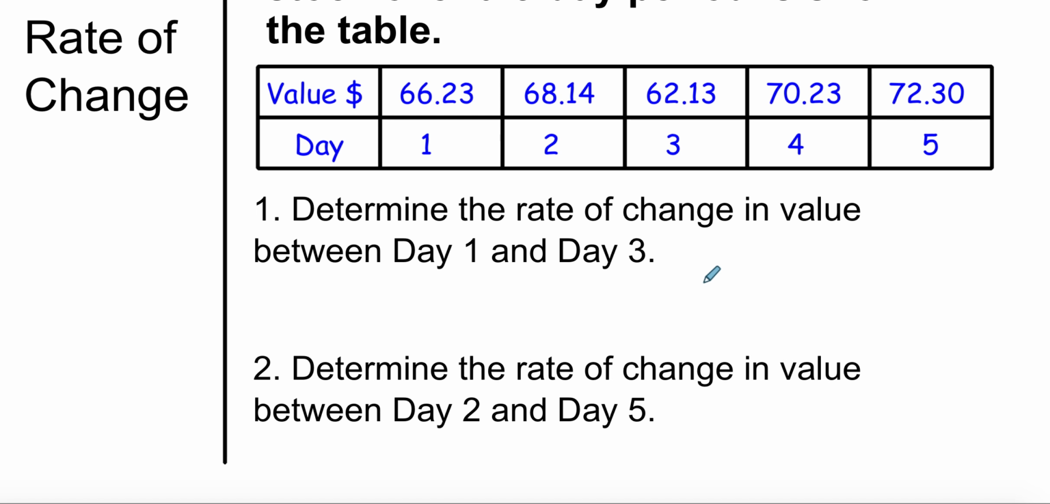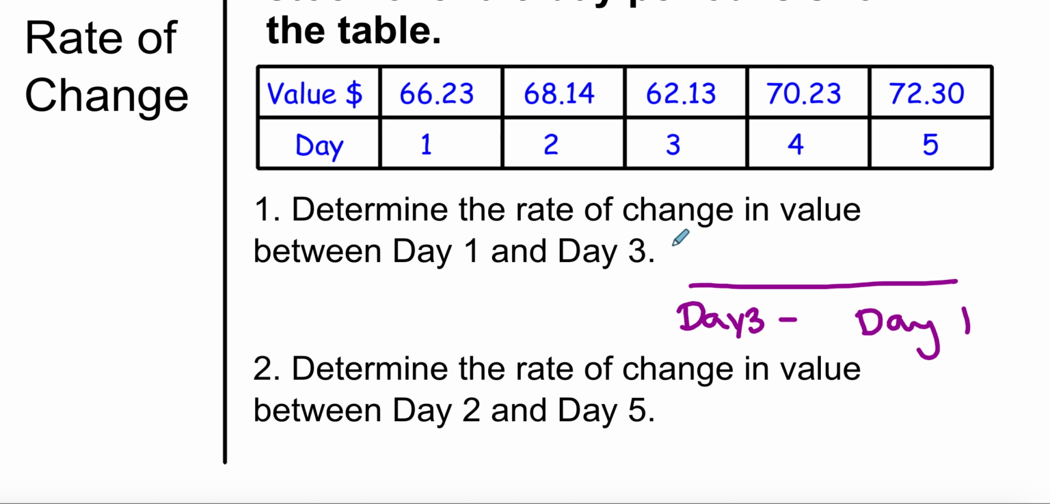So if I want to find the rate of change between those 2 days, I'm going to take the day 3 information and subtract the day 1 information. So to go up to day 3, it was $62.13, and I want to take away the day 1, which was $66.23, and so we will subtract those, as well as subtracting the numbers on the bottom. So we don't have to worry about the word days. We're just going to subtract the 3 and the 1, to get a 2. So I know that the bottom number here is going to be a 2,